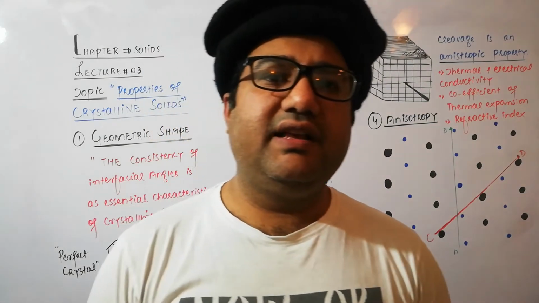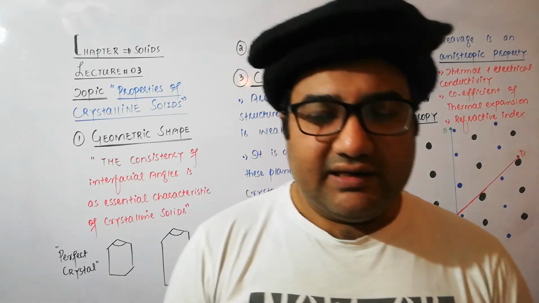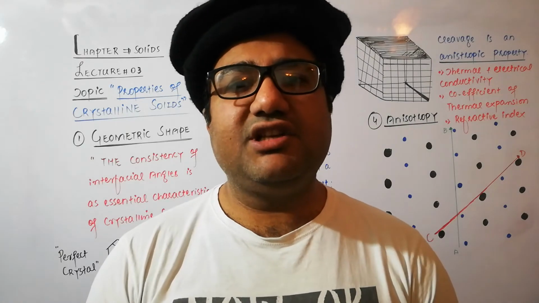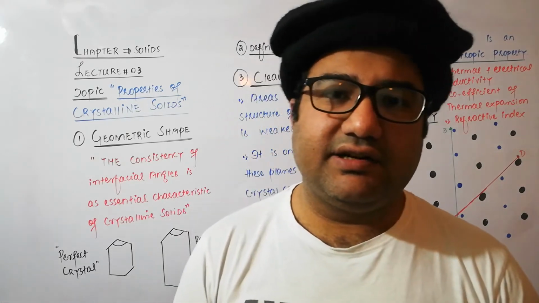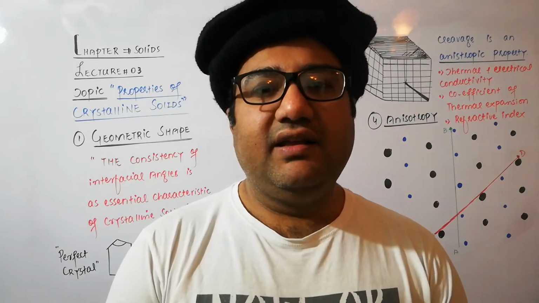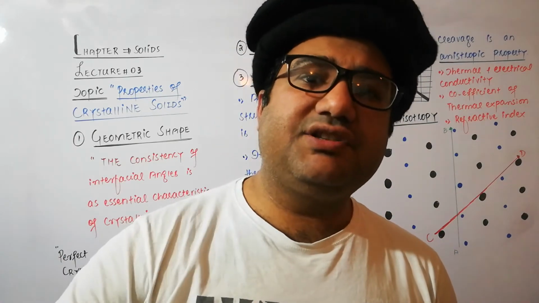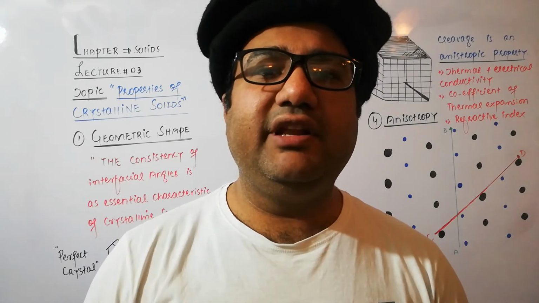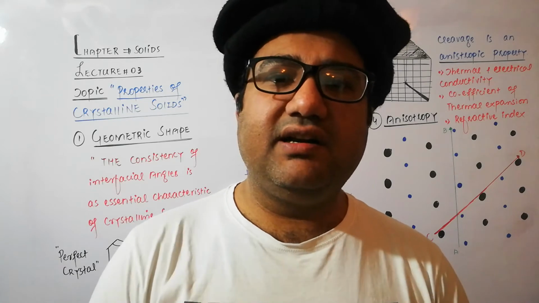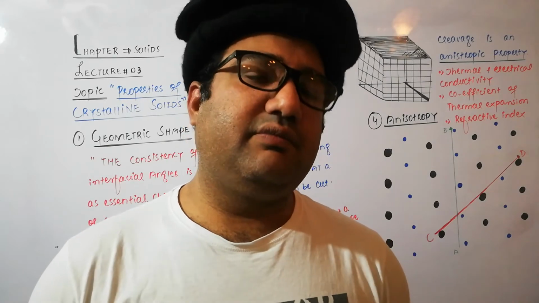every amorphous solid is isotropic in nature, which means that the intensity of the physical properties remains the same in all directions. If you change the direction, there will be no difference in the intensity of the physical properties in the case of amorphous solids. Why? Because changing the direction does not matter at all. In every direction in an amorphous solid, the particles are randomly arranged. So if you change the direction, that will not have any impact on the physical properties.